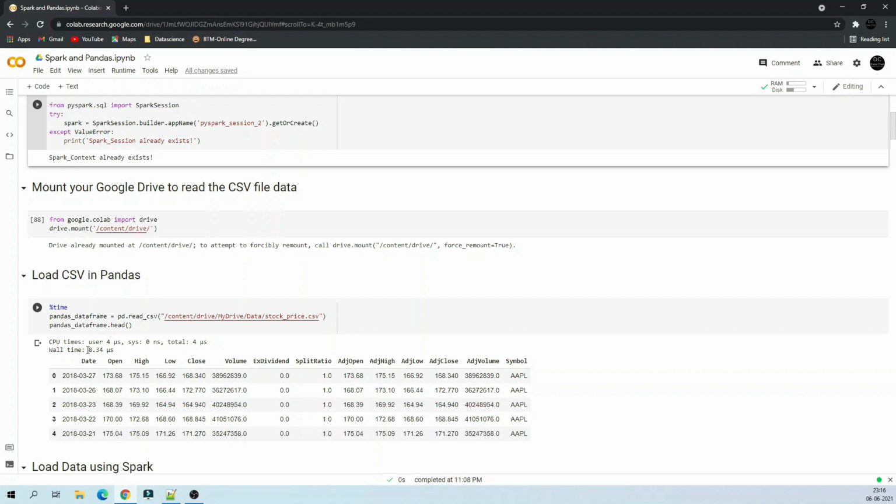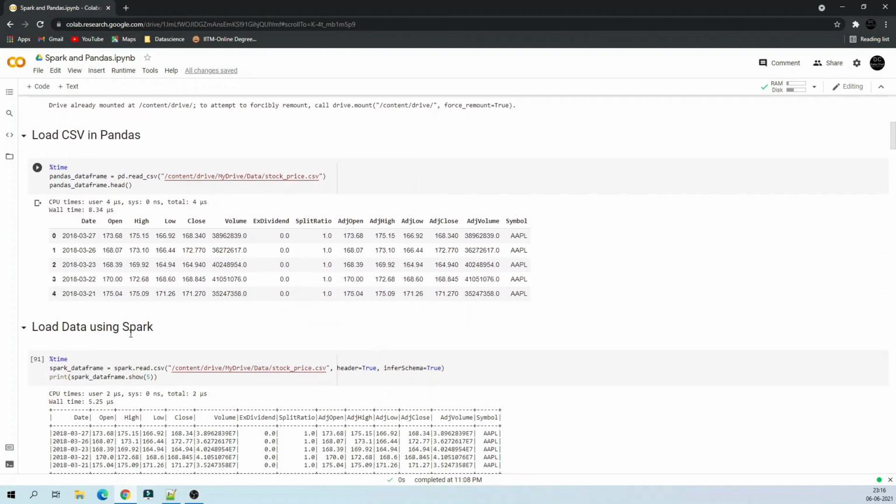This dataset consists of about 5000 rows, so it is not a big thing even for Pandas or Spark, but still you can see the difference. The wall time is 8.34 milliseconds in the case of Pandas, but in the case of Spark it is 5.25 milliseconds. So that is the speed of Pandas.